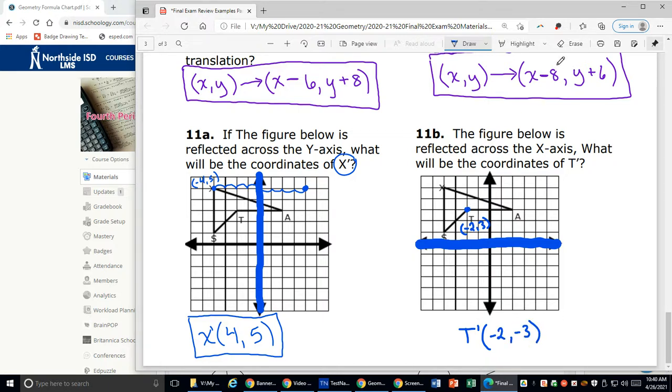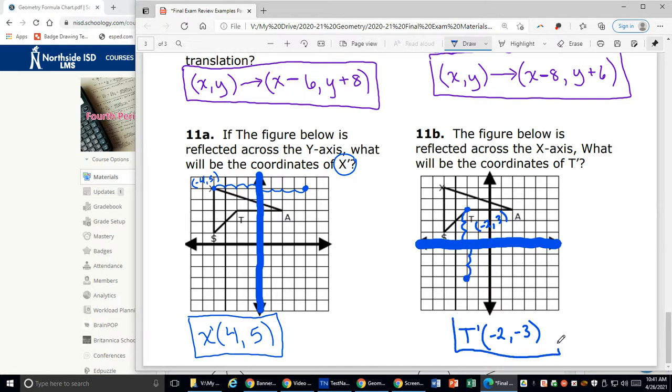And if we do what we did before, I'm erasing this because it's going to be in my way, trying to count. I'll write it out of the way. Negative 2, 3. I need to go down 1, 2, 3 to get to the line. So then I'm going to go down 1, 2, 3 further. And I can see I'm right here at negative 2, negative 3,